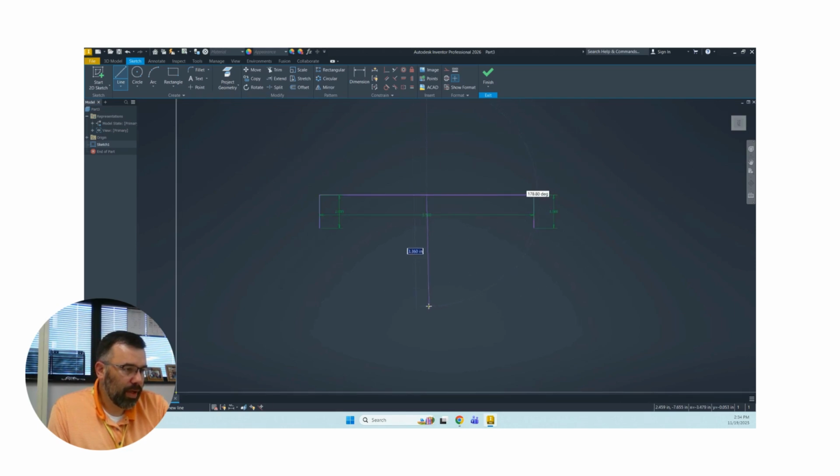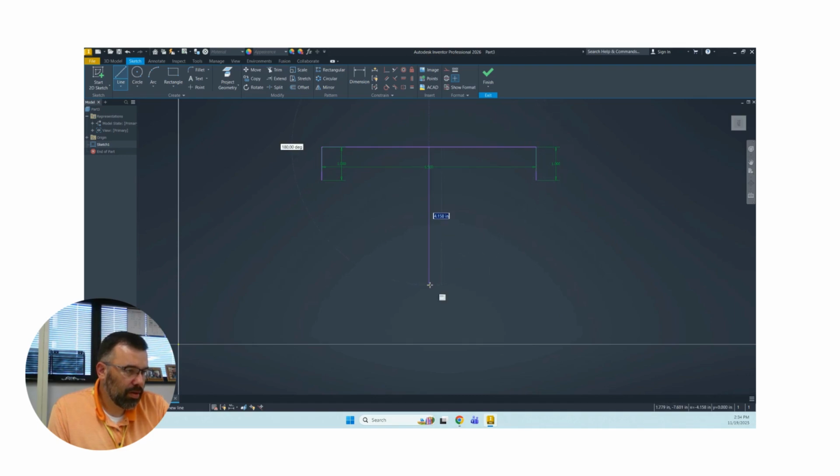So I'm going to zoom out a little bit. So right there, it's snapping the parallel. And let's draw some other lines. We can trim some of this off. We connect there, and then